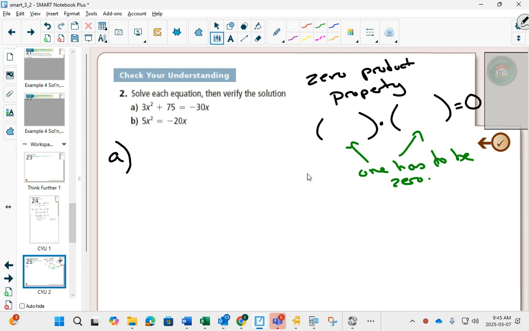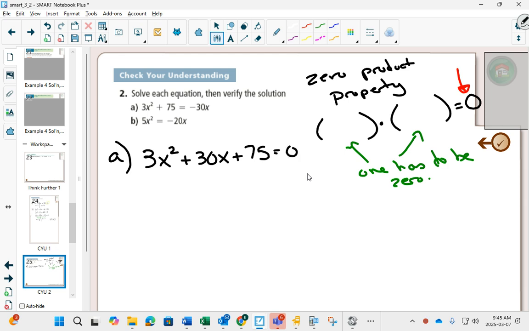Try 1. Does it work? No. What about negative 1? No. What about negative 10? No. Shoot. Right? And you get tired of guessing pretty quick. Now, the zero product property only works if one side is equal to 0. So as far as the first step in solving quadratic equations,